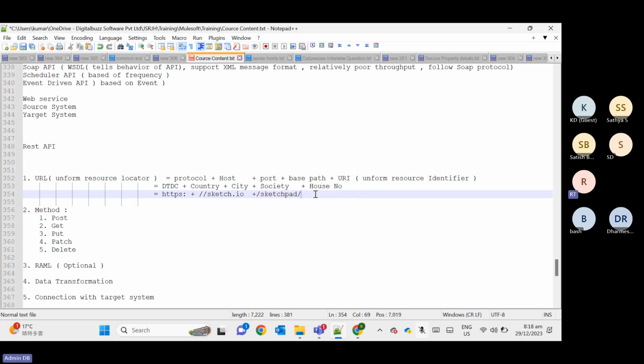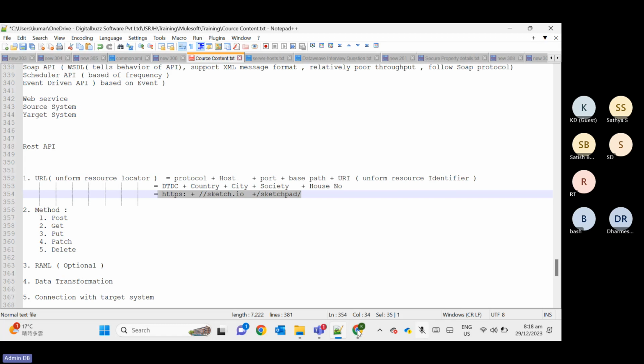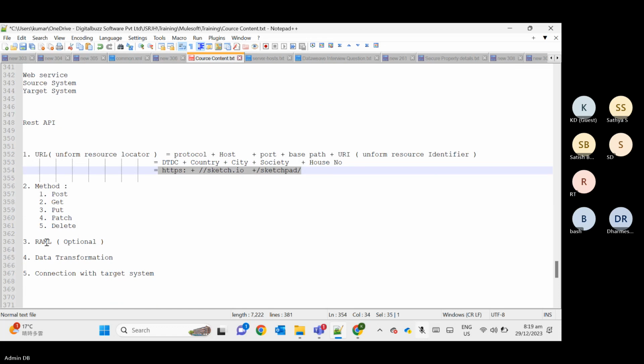Okay. So this is the example of this URL. Now coming to method, you will not be able to see the method here. But when we call from Postman, there we need to provide this method. Okay. But YAML file,